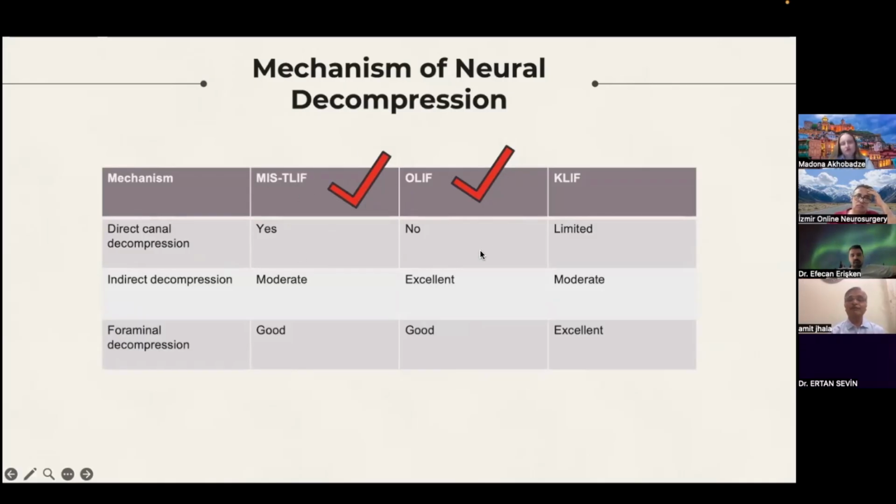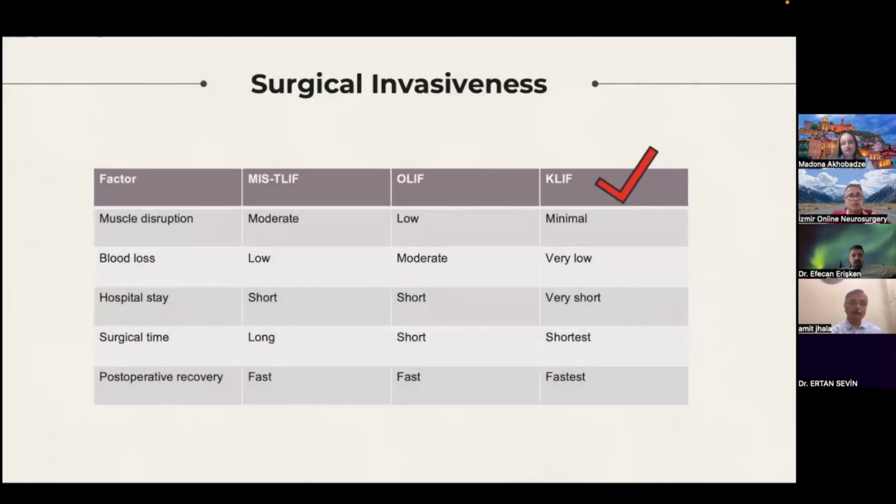But OLIF does not give a direct canal decompression. So it all depends on your indication. But KLIF is very, very limited when you require a direct canal decompression. Out of all the three procedures, if you see the surgical invasiveness, I think KLIF scores and no KLIF scores